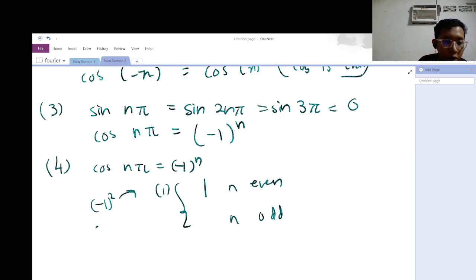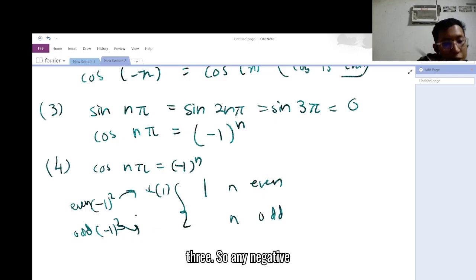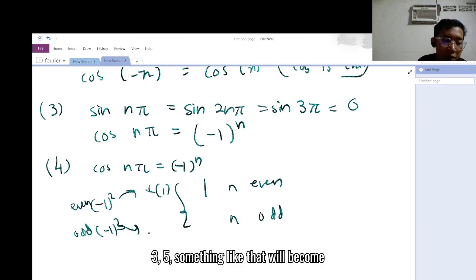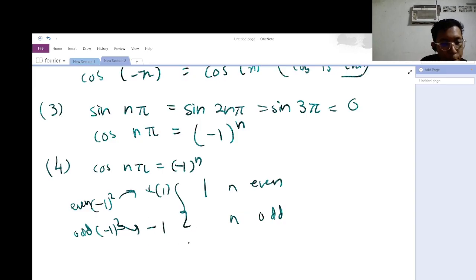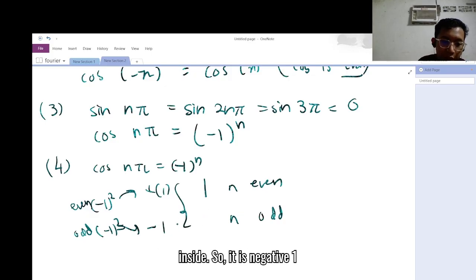Then if we sub in an odd number, okay, this one is even, this one is odd. Let's say I sub n as 3, negative 1 power of 3. Any negative number to the power of an odd number, 3, 5, something like that, will become negative 1. It will still be negative, it will not change the value inside. So it's negative 1 if n is odd and 1